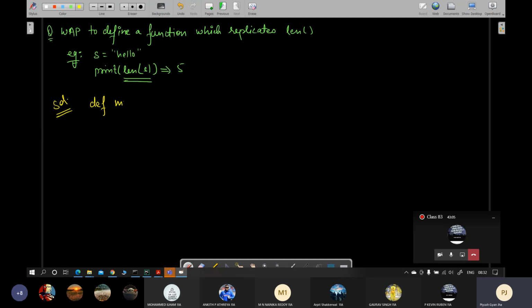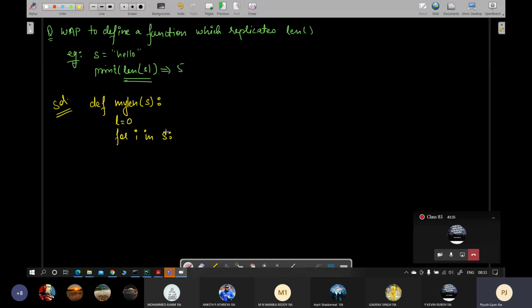Def, let's say I give the name mylen, which accepts one string s. Then length is equals to 0. I'll do for i in s. Here I wrote s, not range.